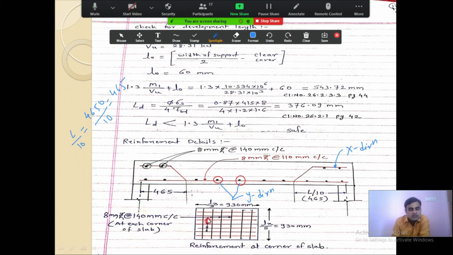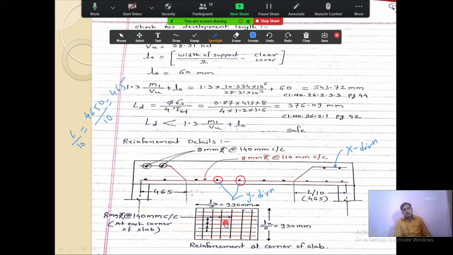After this, the diagram shows you the torsional reinforcement, which is the reinforcement at the corners of the slab, because the corners are held down. That is why this reinforcement is shown over here at the corners. I have shown only a sample here, a single corner. This reinforcement is repeated at all the four corners.